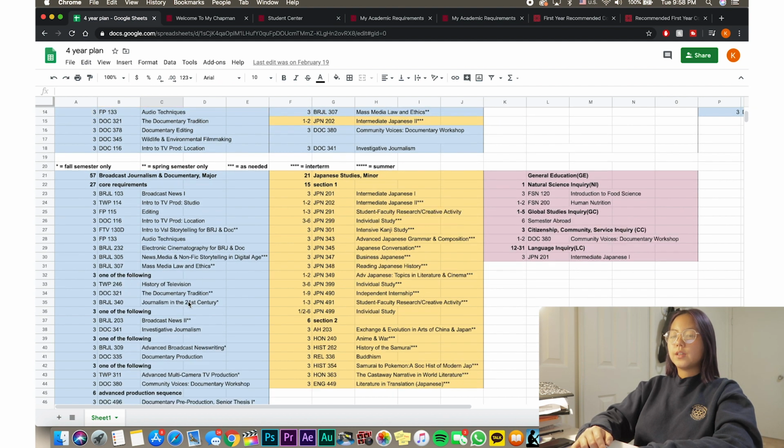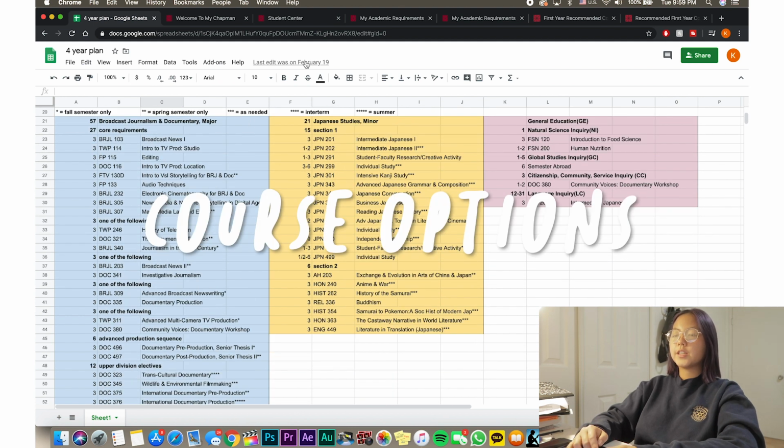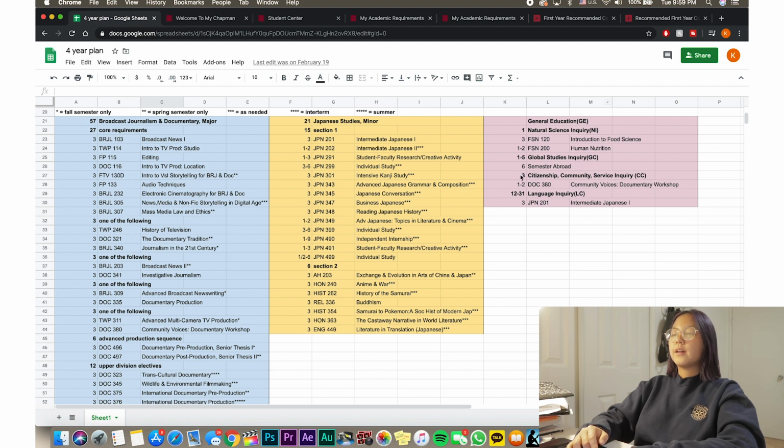And then below here, I separated it into the major, my minor, and then the GE. Obviously this is going to be different for everyone. I'm not even in this major right now, but I'm trying to get into it. Hopefully I get in, because I planned out my schedule so far based on this, and I'm only taking those classes. If I don't get in, I don't know what I'm gonna do, but here I am.